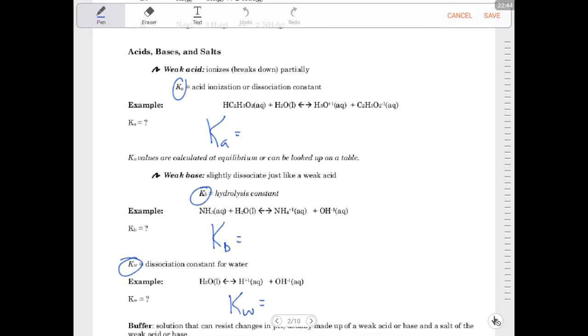So first thing I'm going to do is say, okay, here's my example. I'm looking for only aqueous and gases. Liquids and solids don't matter. So water, I'm going to cancel that out. It's not going to have any impact. So if I'm writing the Ka for this